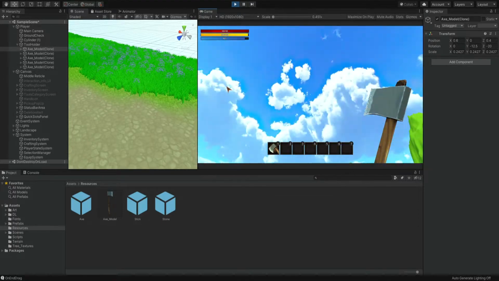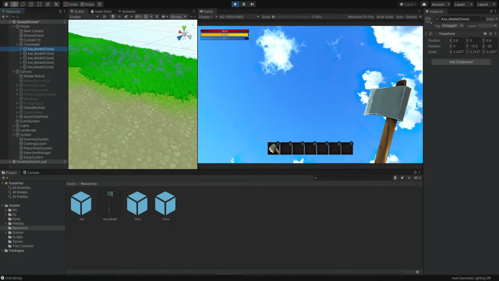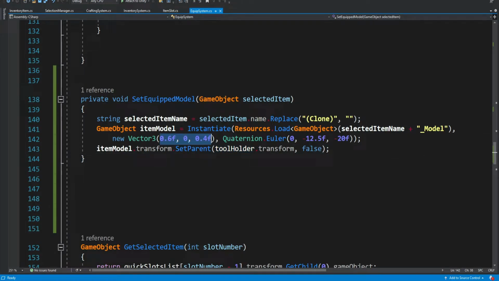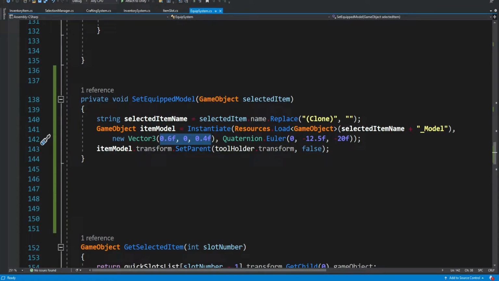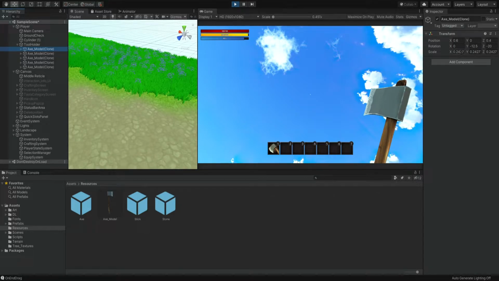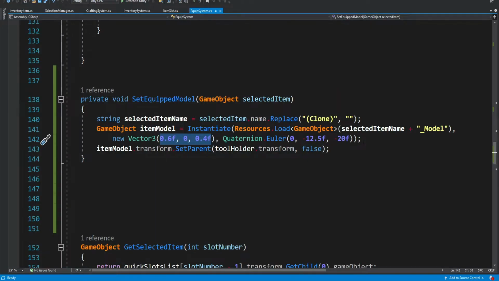But we can also see over here, if we click on one of these axes, that it got the position that we specified over here, and it got the rotation that we specified over here. The scale is the scale that I set inside the model, but if you need to, you can also change the scale over here, right?